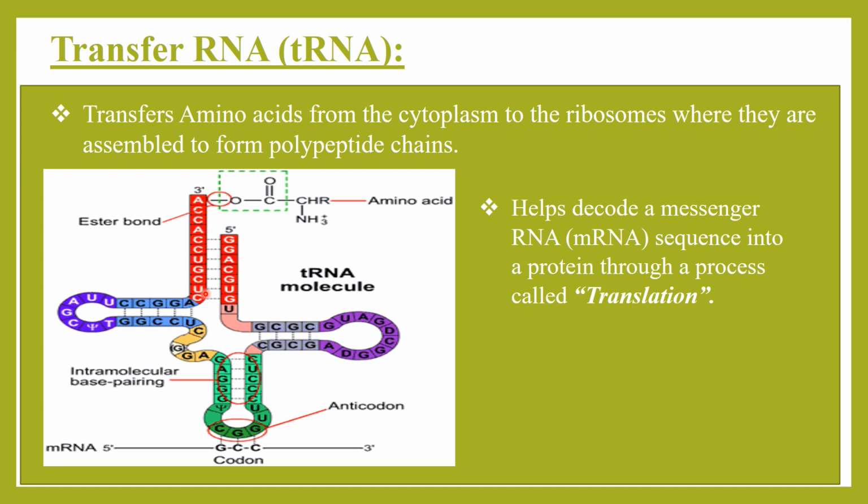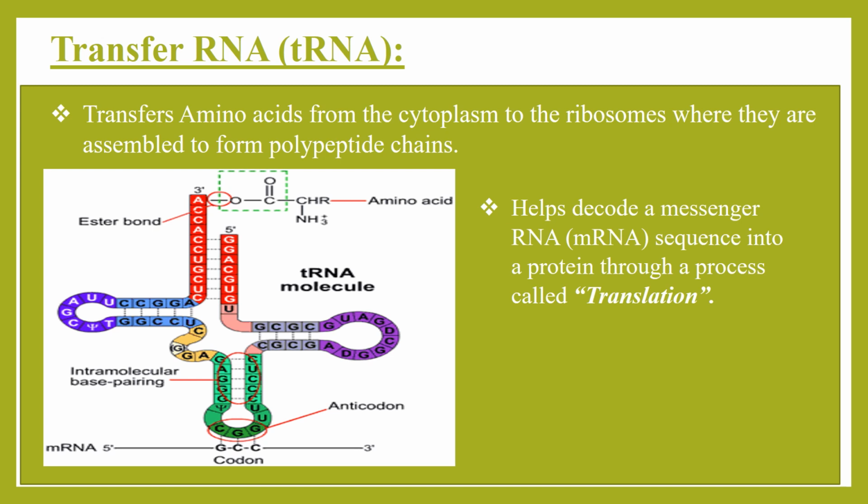The transfer RNA molecule has a clover leaf structure. It has 4 arms present in it: the D arm, the TC arm, the amino acid acceptor arm, and the anticodon arm. The amino acid acceptor arm carries the amino acids, whereas the anticodon arm has 3 anticodon nucleotides which will join with the complementary codon in the messenger RNA during protein synthesis. The messenger RNA will bind at this anticodon arm.